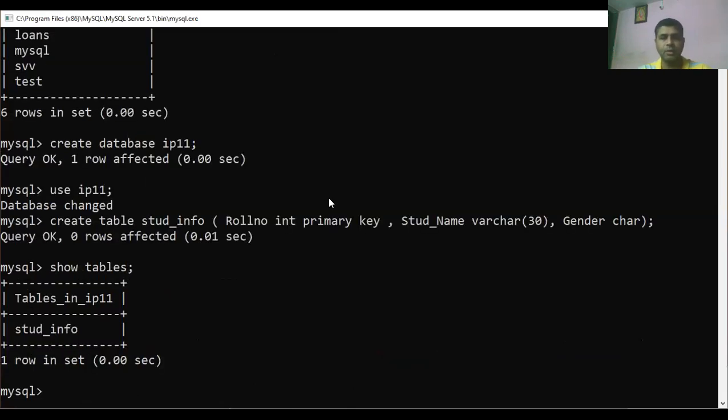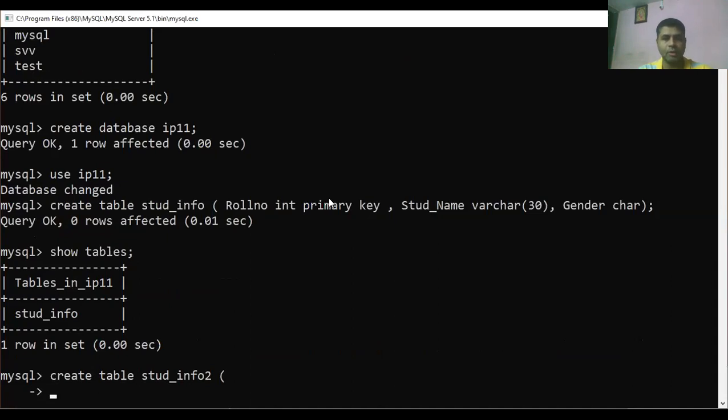Now we are going to create a table in another format also. Create table stud_info, the second table I'm going to create, open bracket. In this way also you can create, but we don't use a semicolon yet.